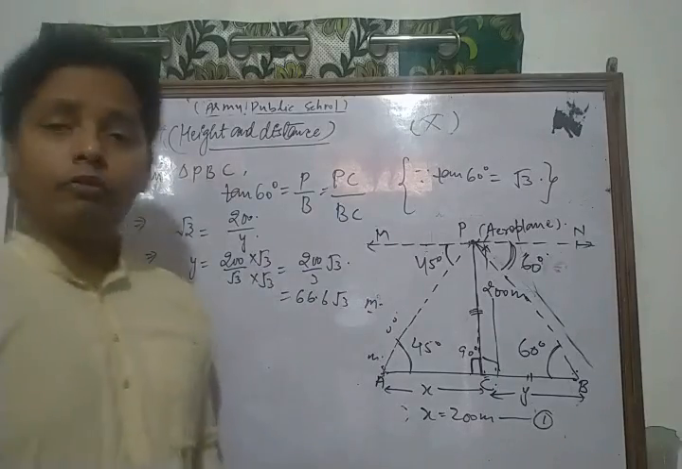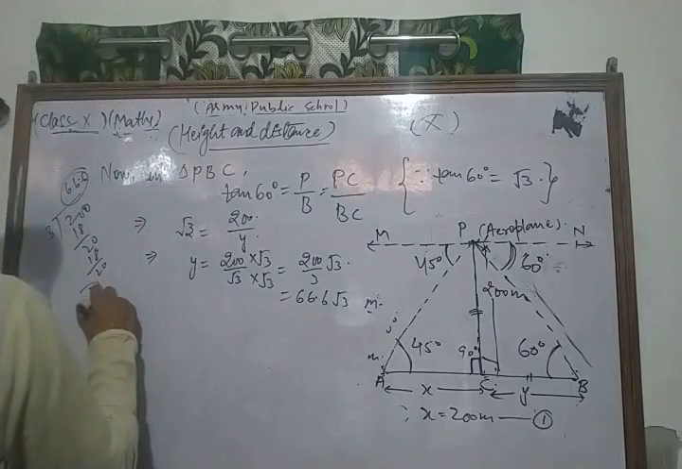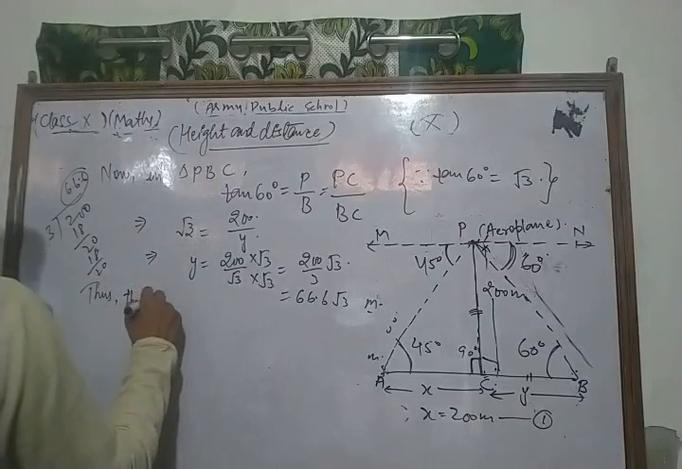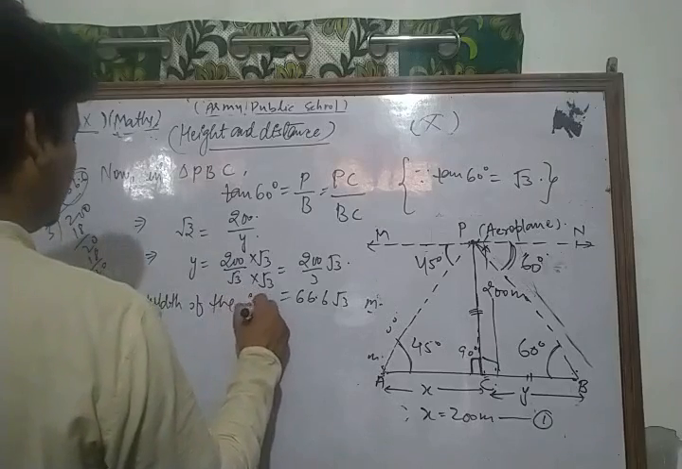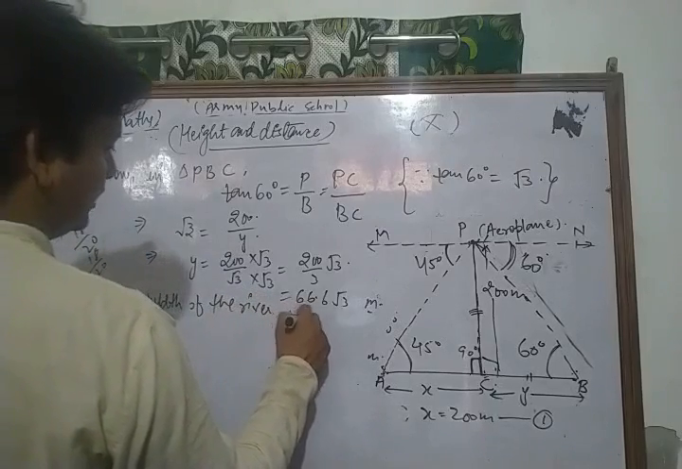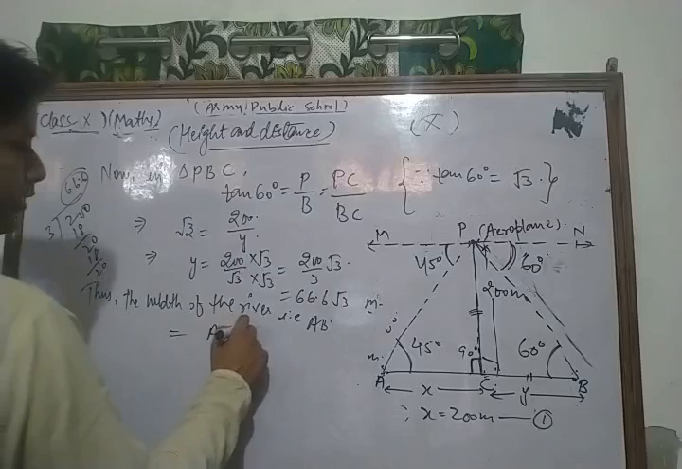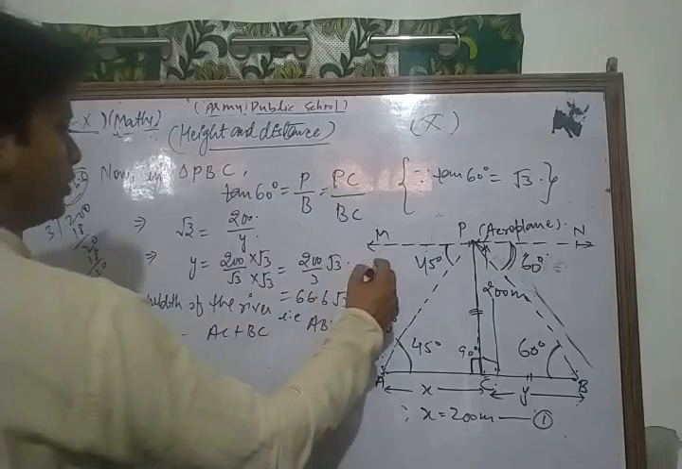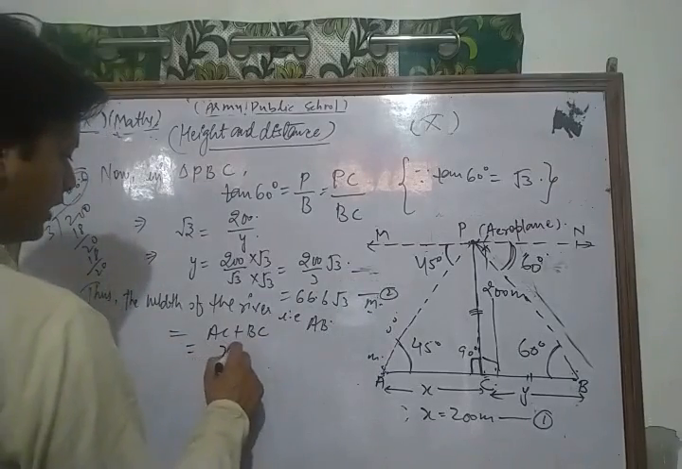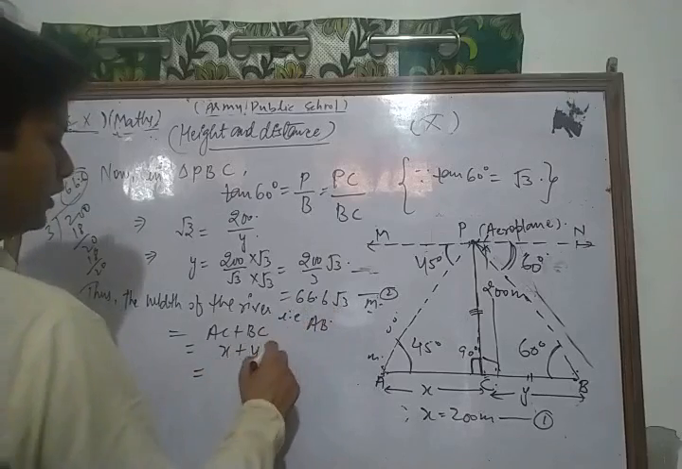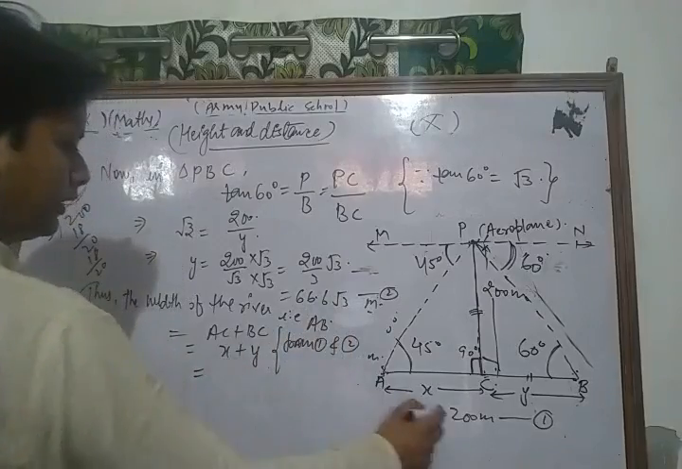Now what do we find? We find the width of the river, no? Thus the width of the river, that is AB, is equal to AC plus BC. Take this as equation number 2. AC is X, and BC is Y. Now using 1 and 2, the value of X is 200